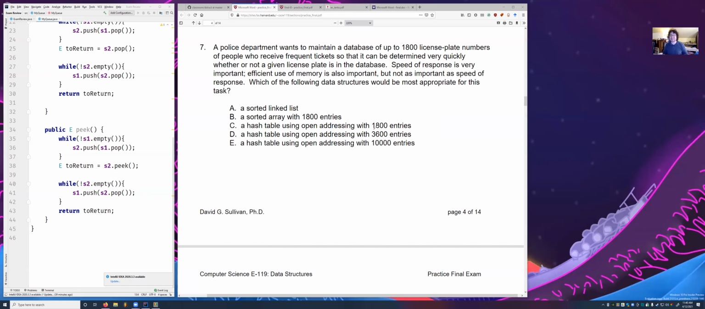How long does it take to find a spot then? Yeah, it doesn't even take half the time. It actually takes a constant amount of time. I believe it takes,